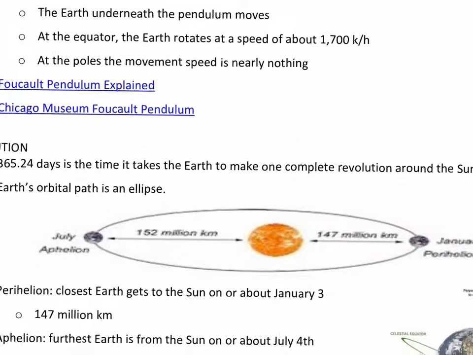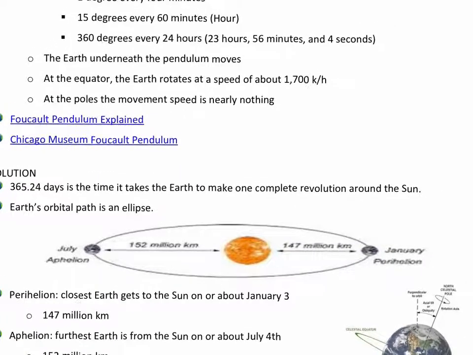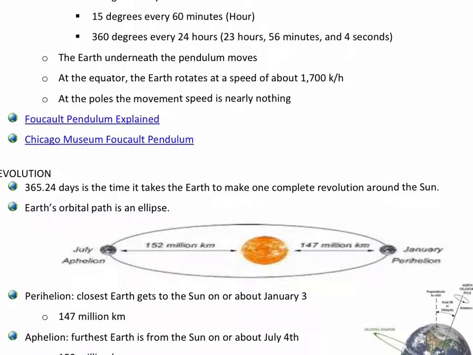So when we're closest to the sun, we're going to call that perihelion. I'm going to just close this down just a little. Right? We're going to call that perihelion. And that actually happens in January. So we're approaching perihelion. We're approaching that point in the Earth's orbit when it's closest to the sun.